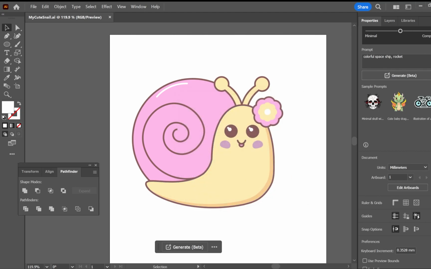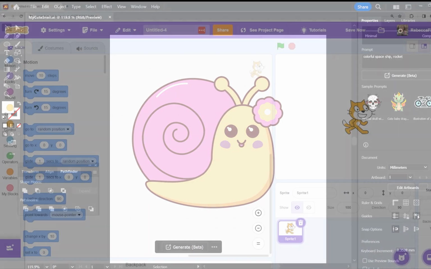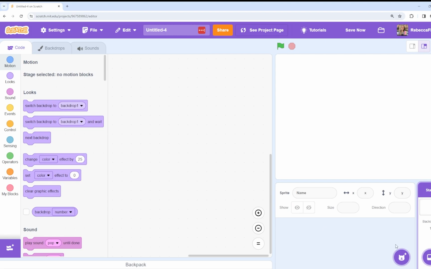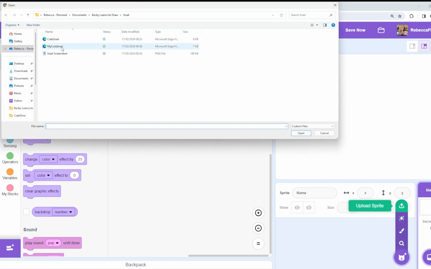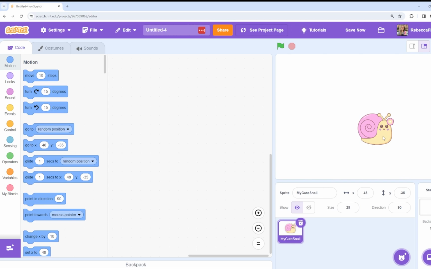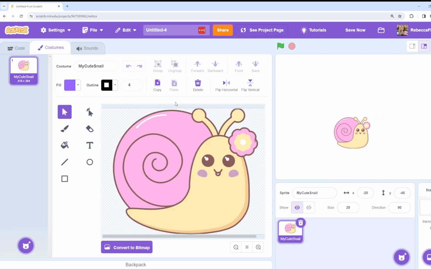So now when I go to a great free programming language that's available online called Scratch, I can add my character. I can upload it as a sprite. I can adjust the size of it. And now I can code and animate my snail in this program.